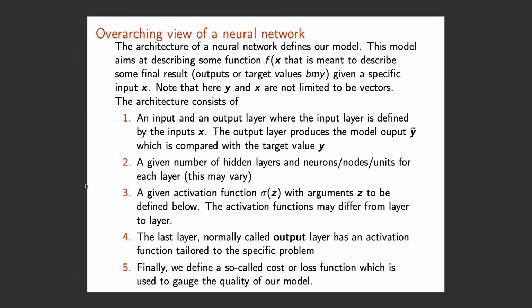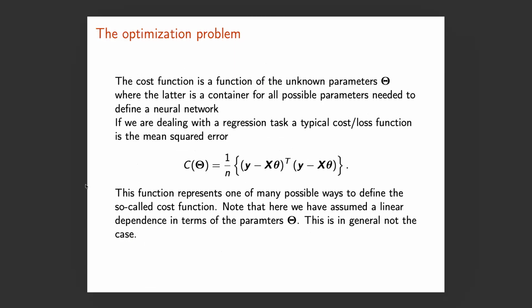And then you have a cost function, which you typically end up defining. So that's just a quick reminder. And what we are going to do is actually to look at an optimization problem of a simpler type, a regression type. And the reason for why I bring up the mean squared error, which is the typical way you would see that from a linear regression case, where you have a linear dependence with the input variables and the unknown parameters. And then you take the gradient of this quantity in order to optimize and find the optimal values